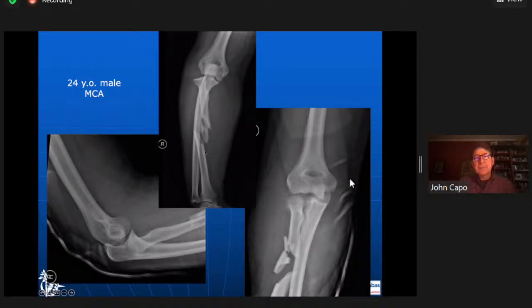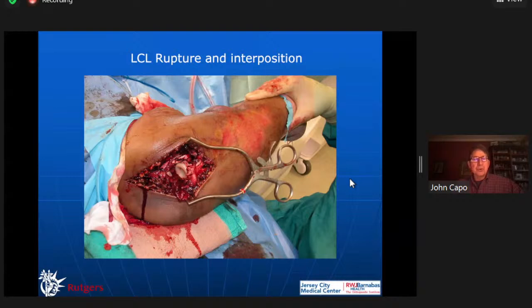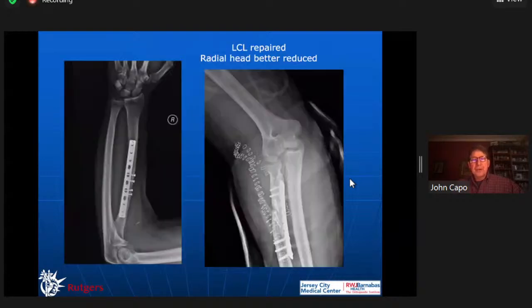This is a strange case, proximal third radial shaft, the radial head is out. And usually when you line up the radial shaft, the radiocapitellar joint lines up okay, but this one did not. So I plated the radius. I thought I did a pretty good job, did a bunch of interfrag screws, but something was still wrong with this radiocapitellar joint, right? It just didn't look right. So I looked at it and fluoroed it and pushed on it, but it didn't seem right. So I finally bit the bullet and opened it up, and the LCL was torn completely and the annular ligament was flipped in there. So we repaired that, and it lined up the radiocapitellar joint better.